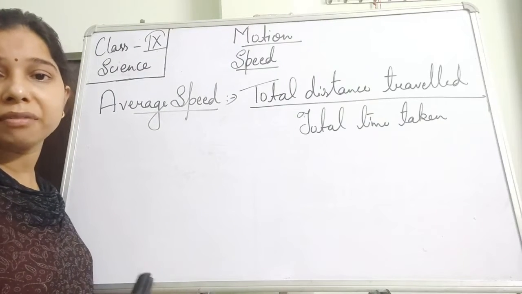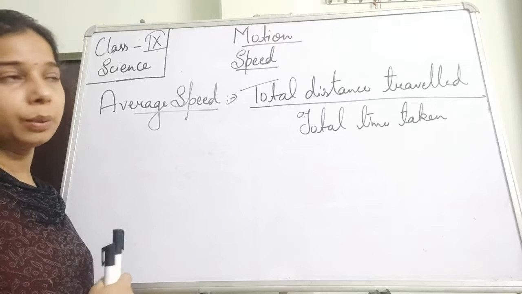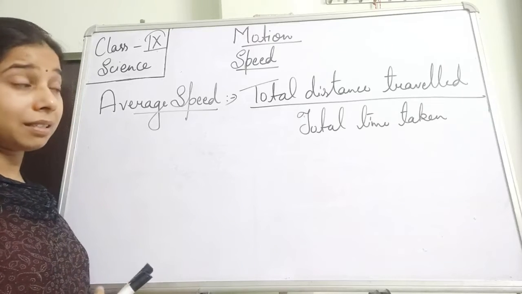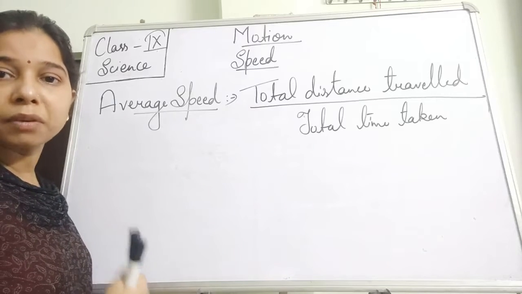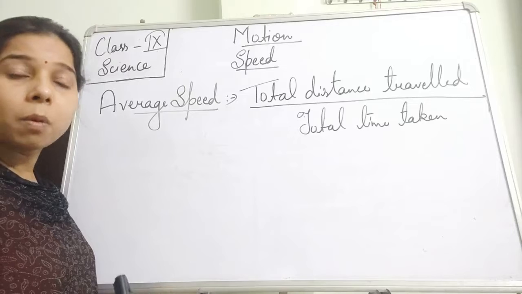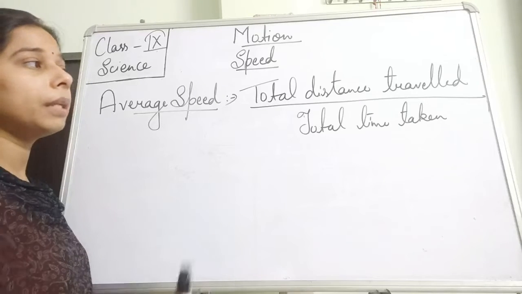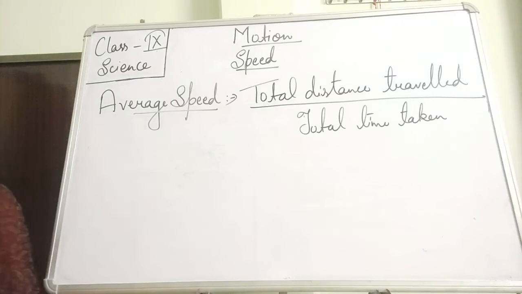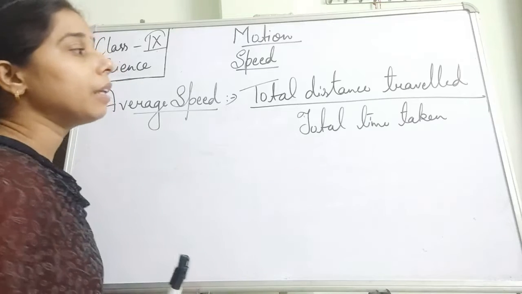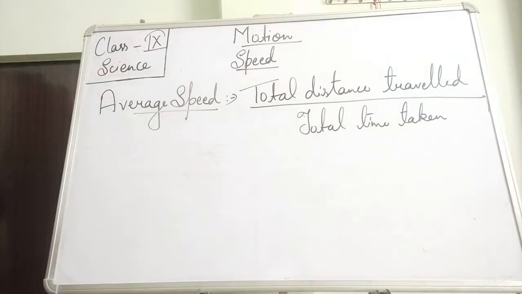You see students, when a car or any vehicle is moving in traffic, we cannot measure the speed with the help of a single distance, but we need all the distance covered by it. That will be the total distance, and the total time taken to complete that distance will give the average speed. So whenever the question is how can you find the average speed, we find it with the total distance travelled upon the total time taken by the object.